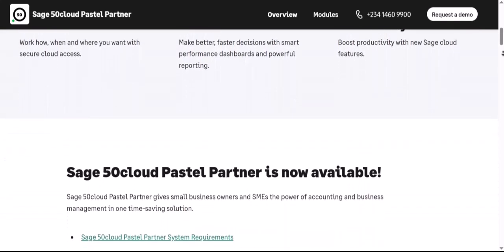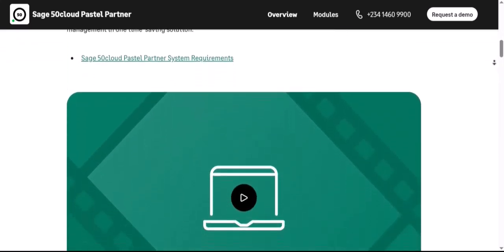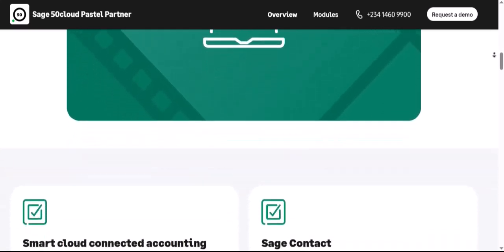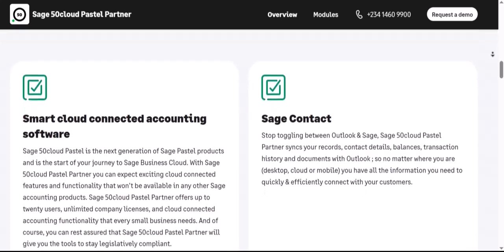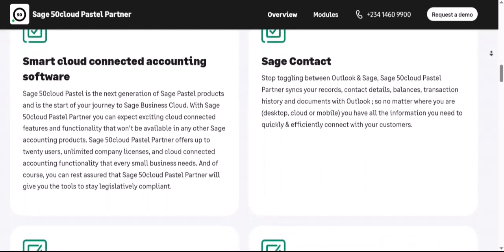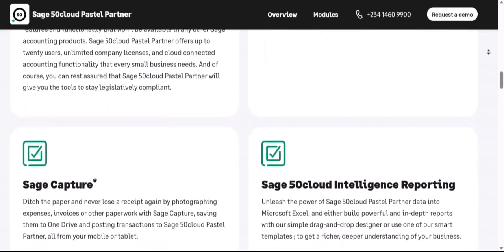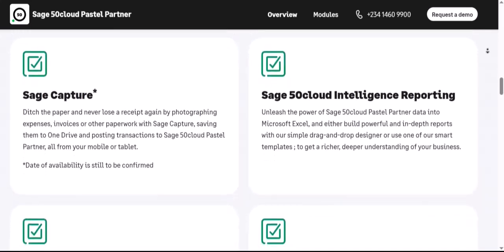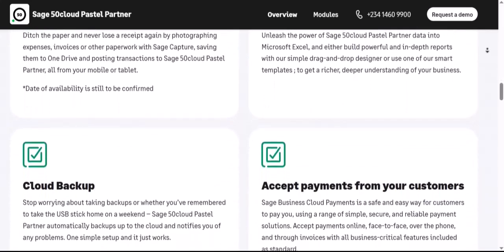Sage Intacct also excels in revenue recognition. With evolving accounting standards, particularly ASC 606, accurate and compliant revenue recognition has become increasingly complex. Sage Intacct provides features to automate and manage the revenue recognition process based on various triggers and contract terms. This ensures that businesses are recognizing revenue in accordance with the applicable accounting standards, reducing the risk of errors and